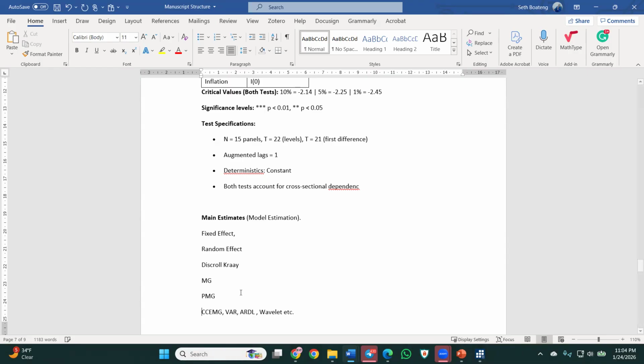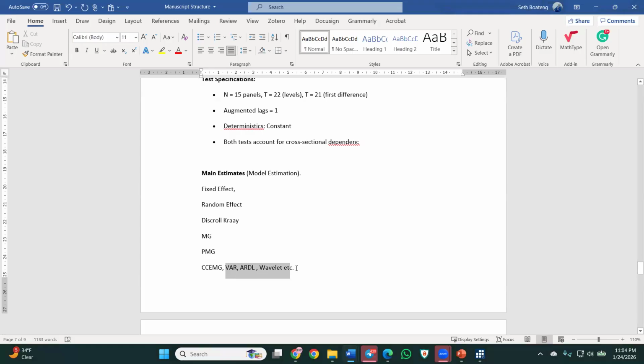So let me line up the models that we will be treating today. Okay, so panel corrected standard error. So these are the models we are going to treat today: